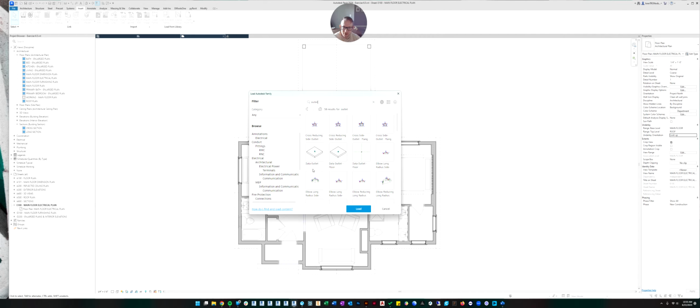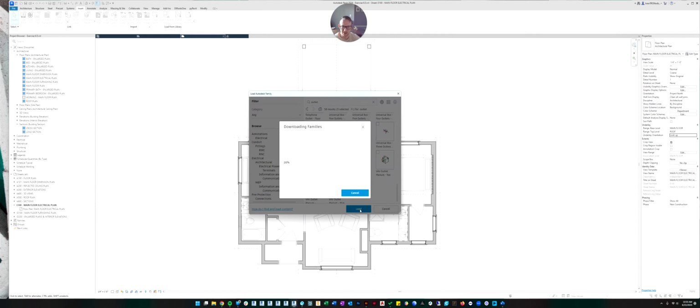All right. And they have different kinds. See how it says data outlet, but then there's data outlet for the floor. I just want the normal data outlet. So we'll put a check mark there. And let's see if we can find an electrical outlet. So here's one. Outlet communication, that's probably the TV. So let's do that one. We want outlet GFI. Outlet duplex, that's probably good. Outlet for the range, sure. And that's probably good enough for now. So let's load in those outlets.